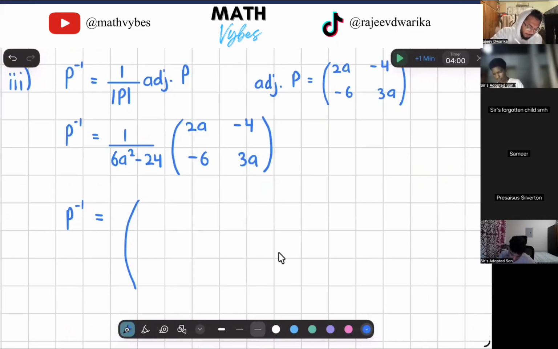So now we'll multiply everything inside by the 1 over 6a squared minus 24. So that'll be 2a all over 6a squared minus 24. What else? Negative 4 over 6a squared minus 24. Negative 6 over